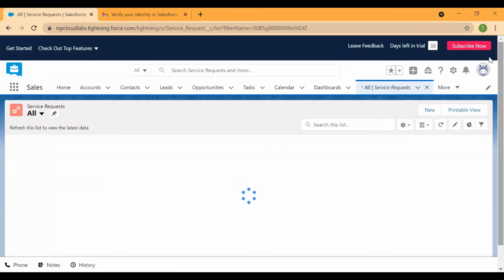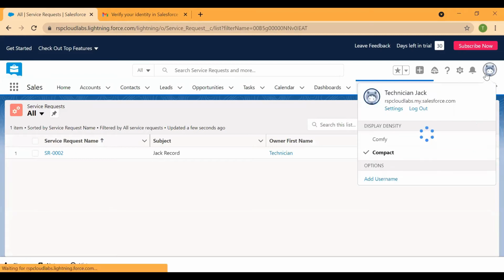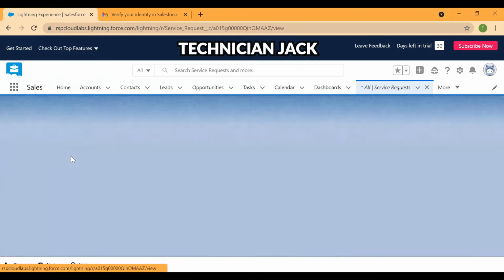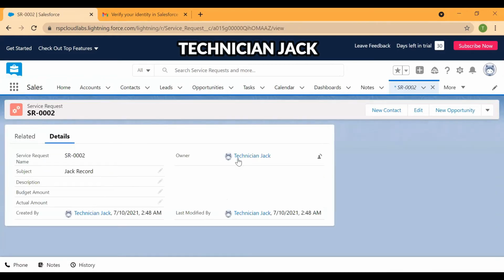Now, we have logged in as Jack. How can we check that? Click on your view profile, and that is where you can see that we have logged in as Jack. I am currently playing the role of Jack, and the number of records that I can see is 1. If you see, this is the same record that we have seen previously, and the owner of this